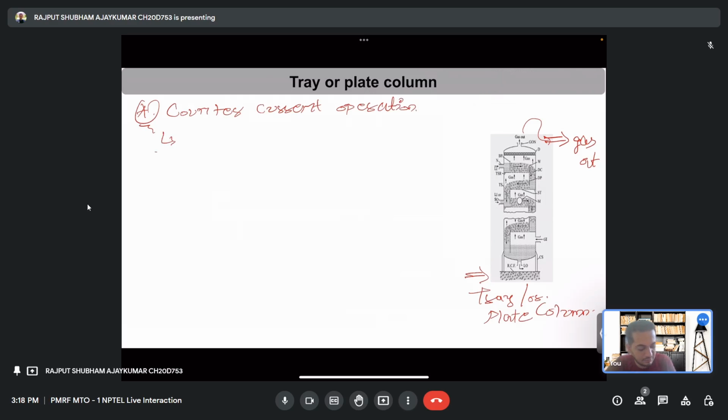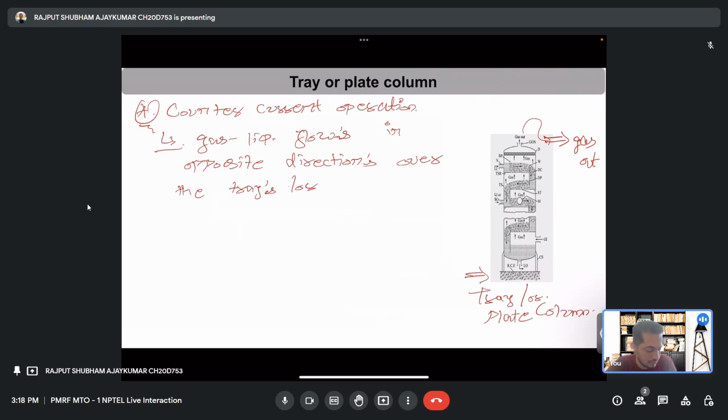That is, gas and liquid flow in opposite directions over the trays or plates. Okay,